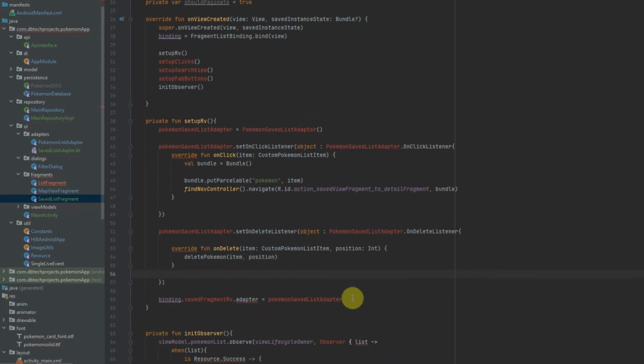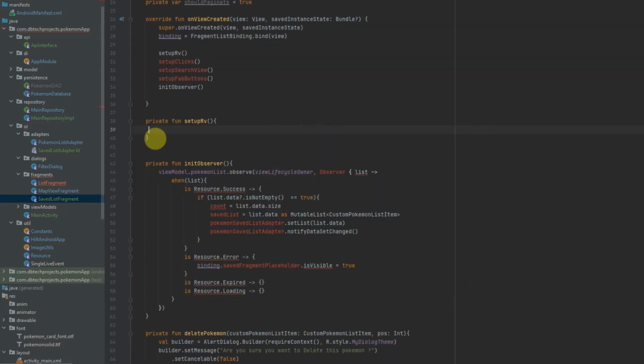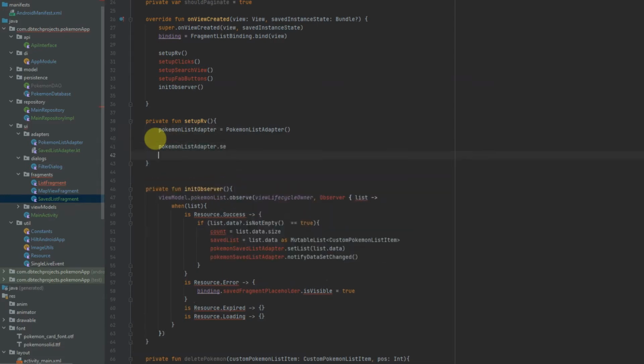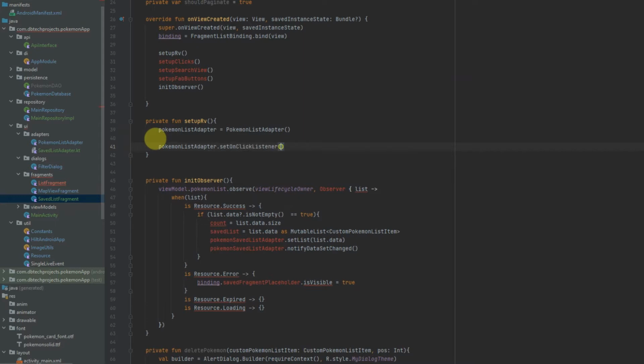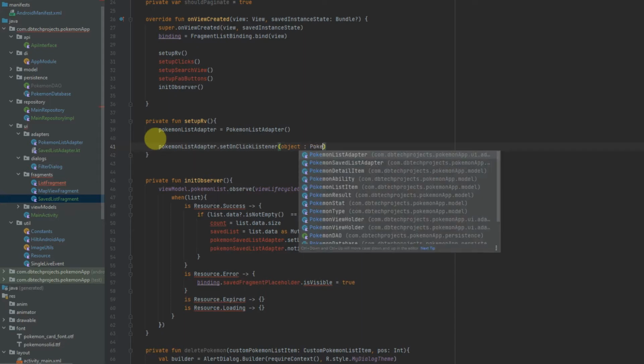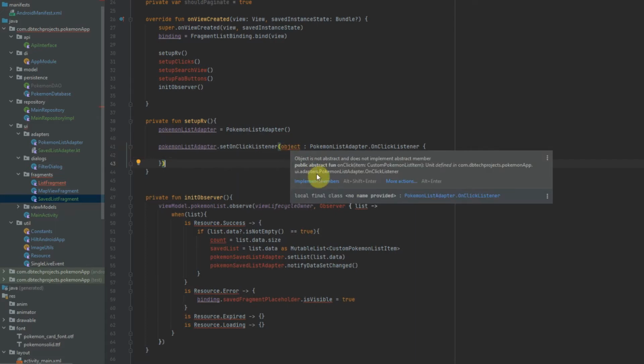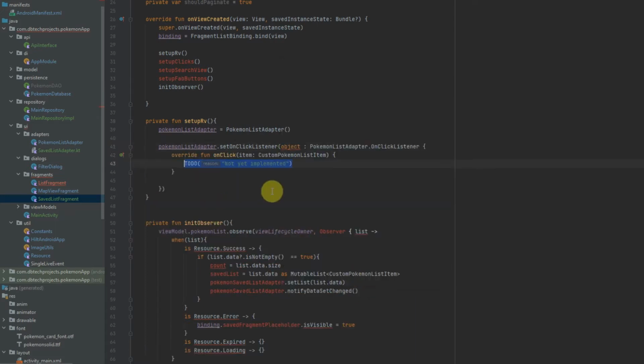For the setup RV function, we'll just get rid of all the code in here, and the first thing we will do is initialize our adapter. Then we need to set up the click listeners. So Pokemon list adapter dot set on click listener. This will be an object Pokemon list adapter dot on click listener. And if we just add the brackets and then implement the methods to override, and on click we will create